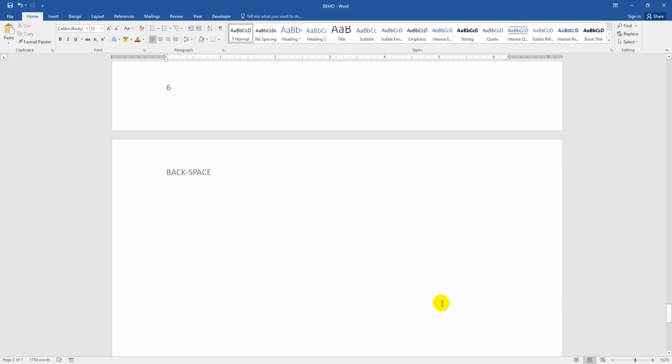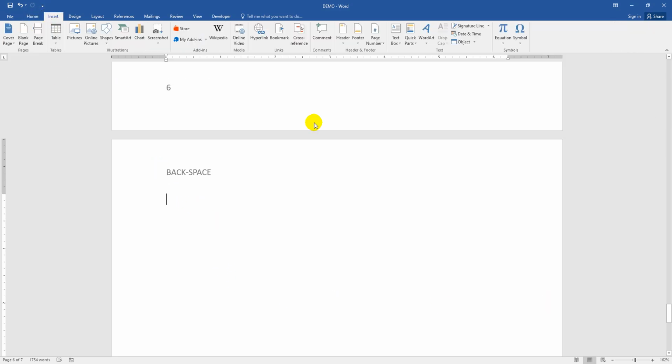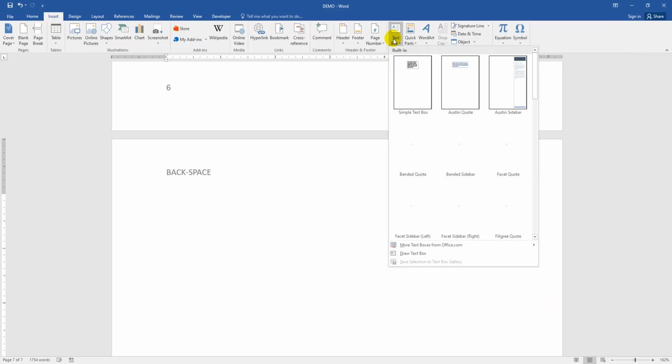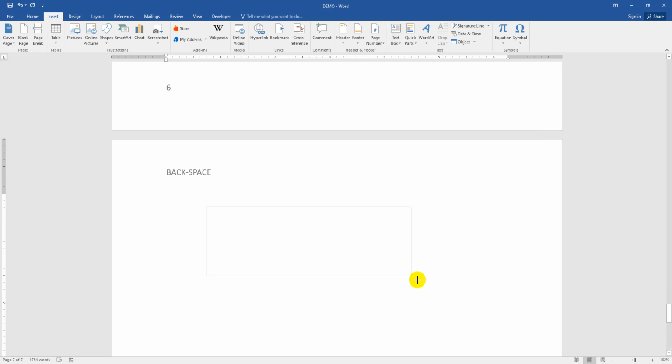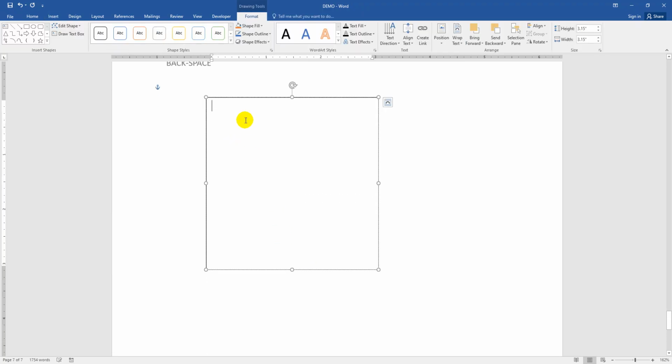Now I am going to my page, then going to the Insert menu. At first, create the text box: select the text box option and create a text box. Now I am drawing this. Then we can see here a text box. You can write anything in this text box, like I am writing